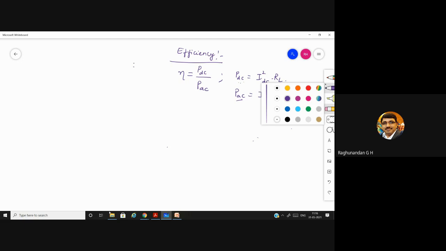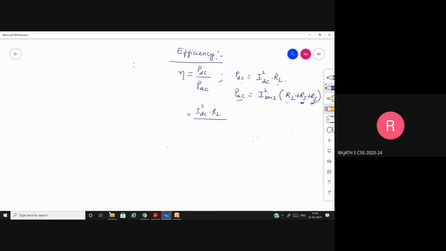Now, after this, we will substitute into the equation I square DC into R. Sir, the load resistor also comes after the diode only, right, sir? Yes, after the diode only it will come. I told you at this point you are having DC current. This current is flowing through the load resistance, no? So obviously this load resistance will offer opposition to the flow of this DC current. That's why we consider it here. Did you understand? Okay.